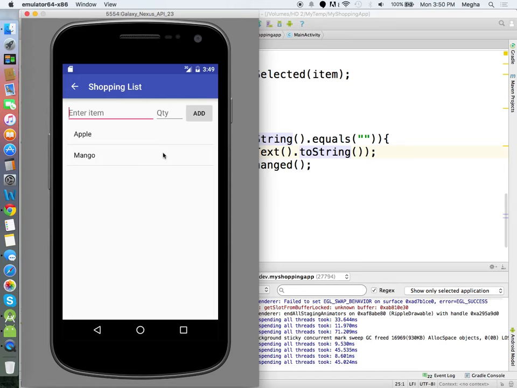So we need to slightly change the code in order to suit our requirement, because our requirement here is that item and quantity both have to be displayed over here. And going further, I want to have add, edit, delete options also added to this.